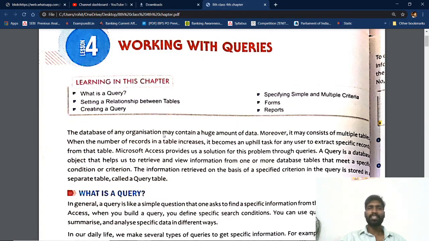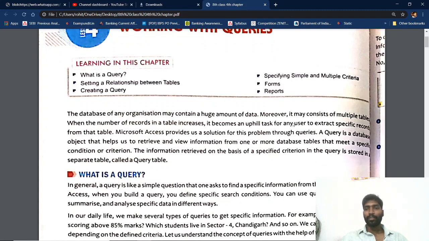Yesterday, I explained about query and relationship, relating tables. Students, I already told you, but I am saying again: a query is used to take information based on a particular condition. According to a particular condition, we can take information. For example, in a school there will be 1,000 or 2,000 members. Among them, those who scored 100 out of 100 in mathematics, we can take, with the help of some particular criteria we make, and we take that information.